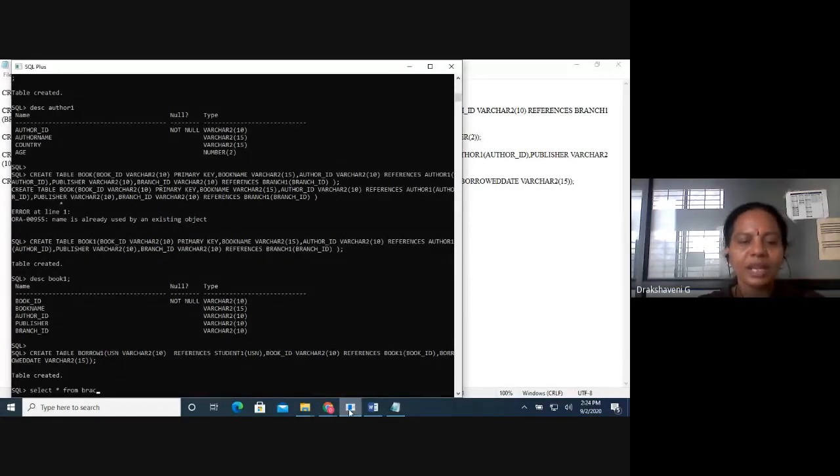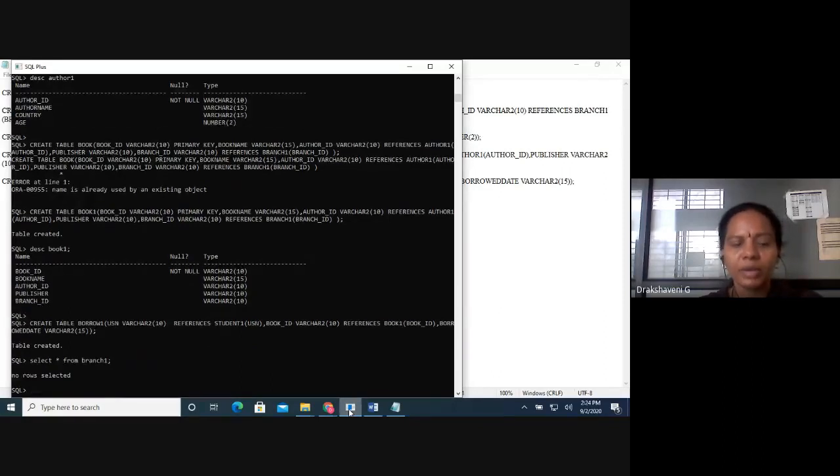You have to be careful with your spellings. What the table spelling is, and what you give here should match. If it is not matching, you will end up with errors. So now you can see in the branch1 table there are no rows selected. Why? Because I have not yet inserted any values into branch1.